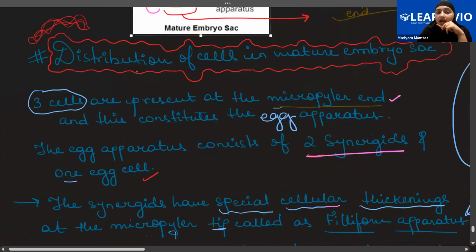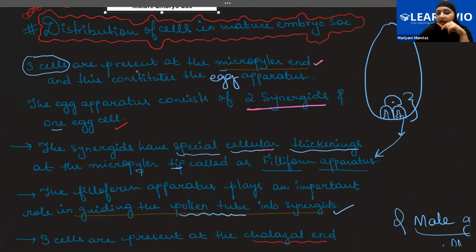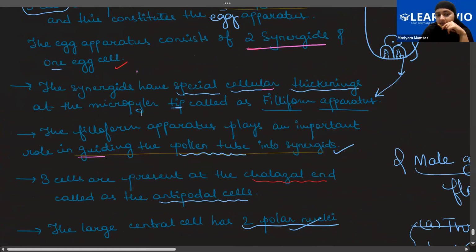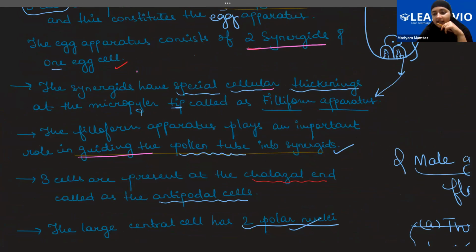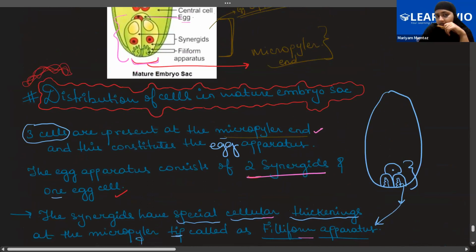Why? Because after the pollen tube comes, for now just understand that there is a pollen tube and it will come. The filiform apparatus will guide the pollen tube inside the synergids. You will understand more about the pollen tube later on, but for now, understand that the pollen tube will be guided with the help of the filiform apparatus present in the synergids. Clear? Now, tell me one thing. If this is the micropylar end, the tip portion,